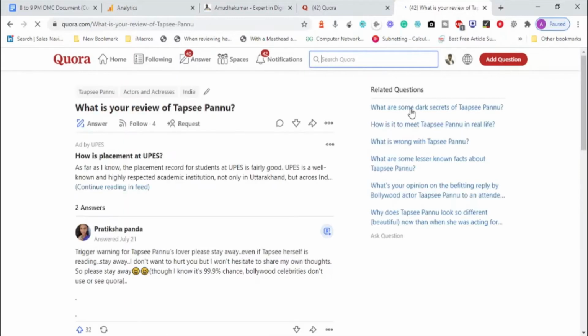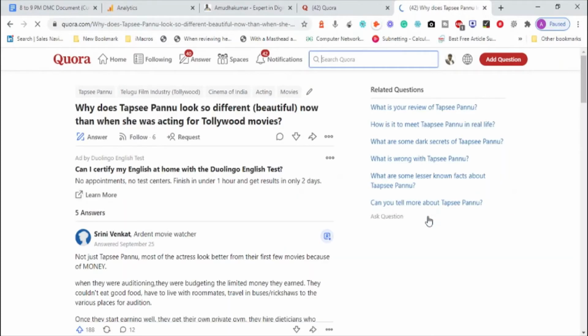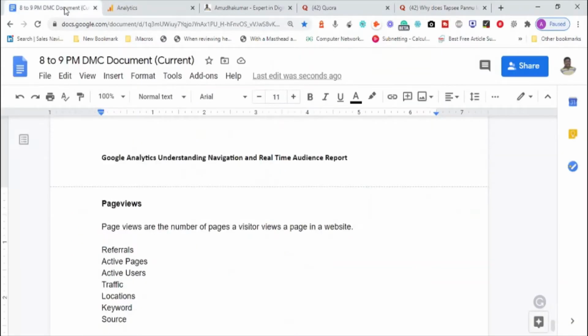And I go to another page which talks about similar content. Which means I'm a single visitor, but I accessed four pages in this website, which means a single visitor has generated four page views.